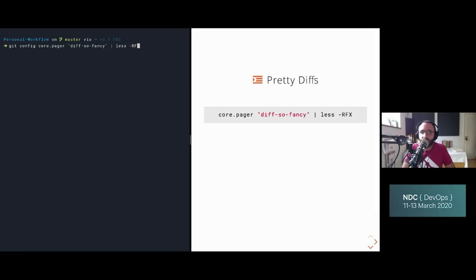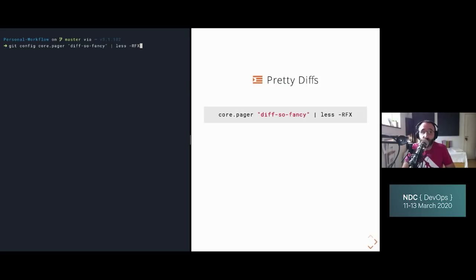The next one is called F. And what this does is it tells less that if the diff you're looking at fits in one screen, then you can exit immediately instead of having to press Q every time to exit. The third option is X. And what this does is it clears the screen